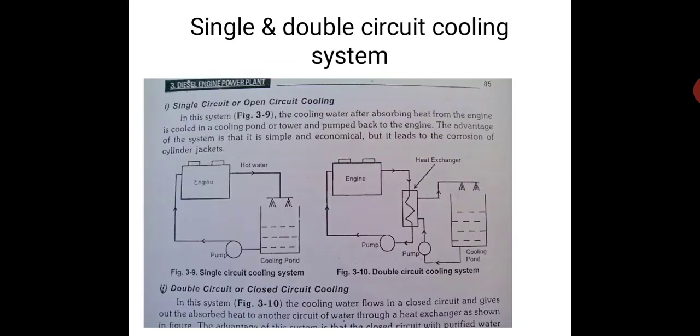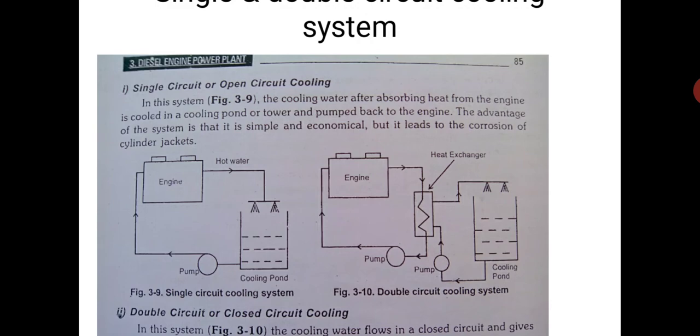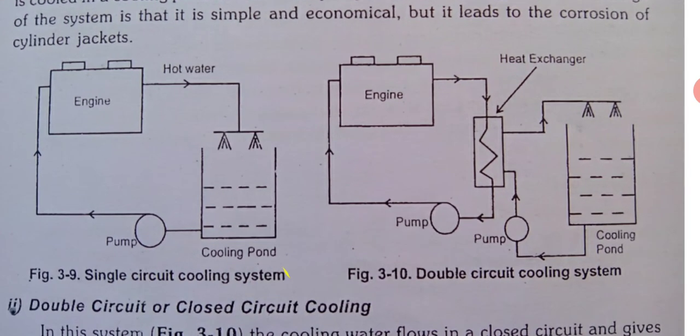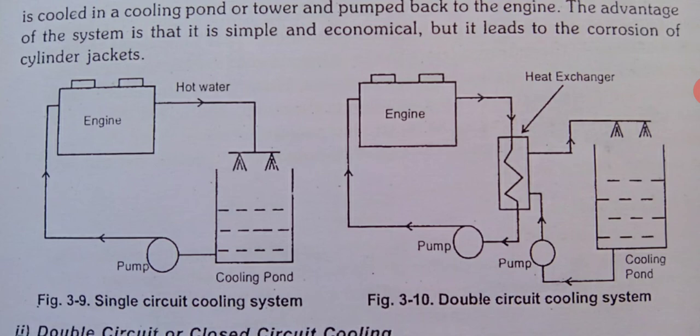We have seen the thermosiphon method as well as the thermostat cooling method. Now we will see single and double circuit cooling. Very simple. As the name says, single circuit cooling means there is only one circuit of cooling water, and double circuit means there are two circuits. Take the left side, the single circuit cooling system. You have an engine, water enters at the bottom, becomes hot, goes to the top, and comes to the cooling tank or cooling pond. From there, due to the spray, the hot water dissipates the heat to the air, becomes cold, comes to the cooling pond, and is sent back to the engine. This is known as the single circuit cooling system.